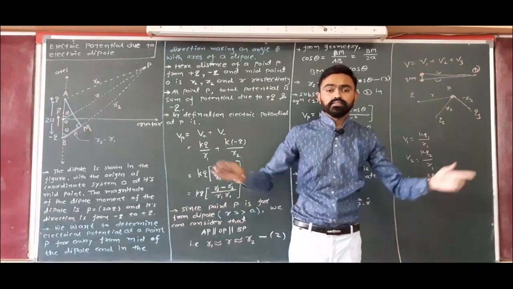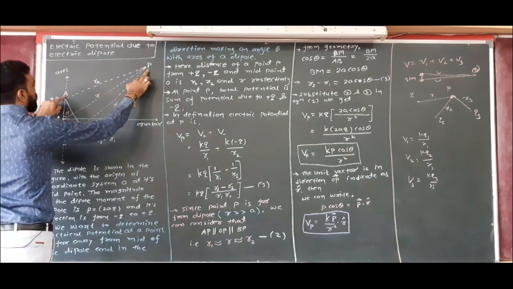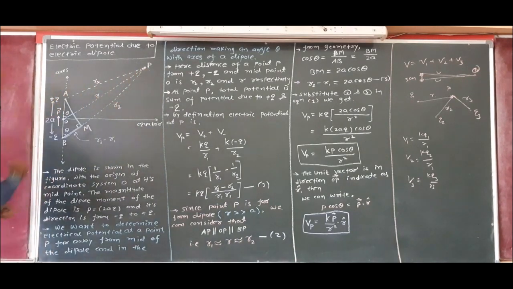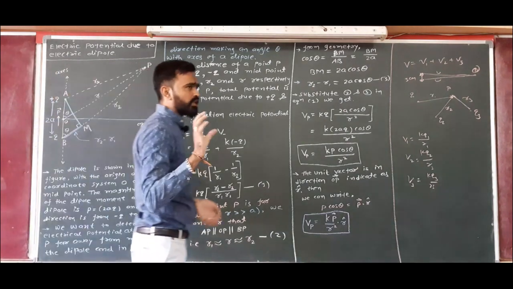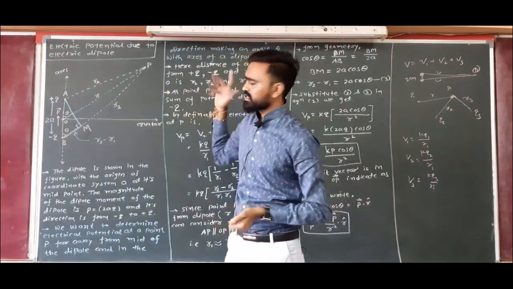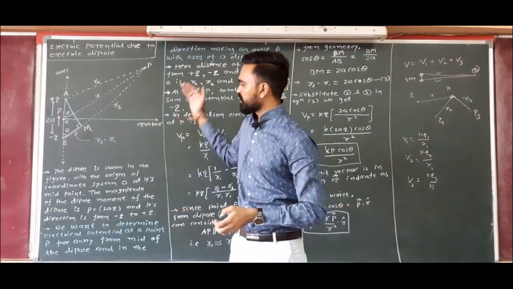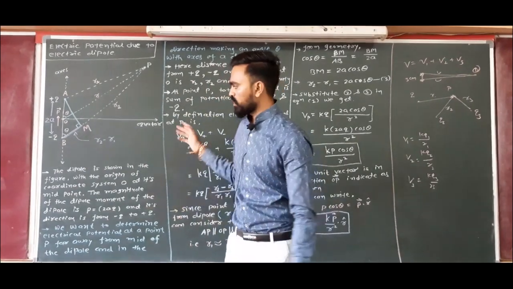That means for a larger distance, we consider these three lines AP, OP, and BP parallel to each other. Got it? We use this fact to solve this concept. Now we can solve such a theory by many methods, but we use the easiest and simplest among them. So how do we go? First,